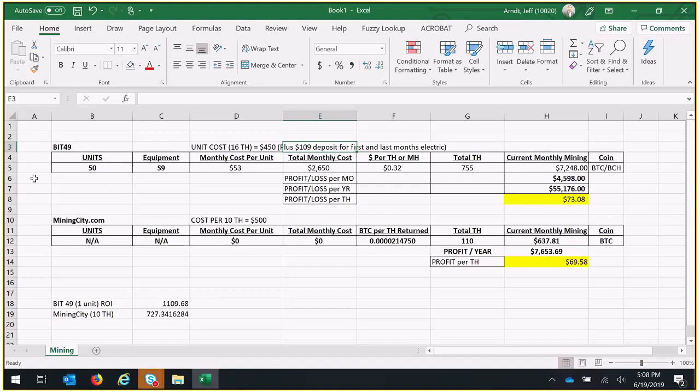I would probably recommend freeze framing and taking a screenshot of this if you want to take a look at this a little bit deeper. But basically, I've outlined that I have 50 units at Bit49. I'm running an S9. The monthly cost per unit is actually $53 for me, and I'm paying about $26.50 a month in electricity. However, my returns are